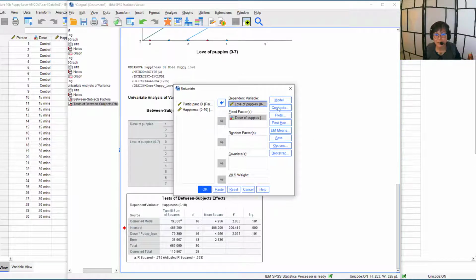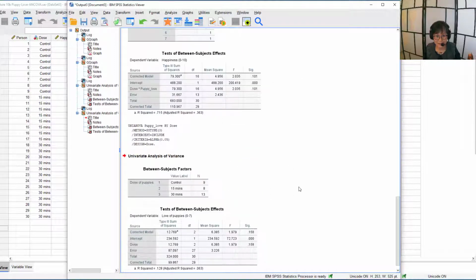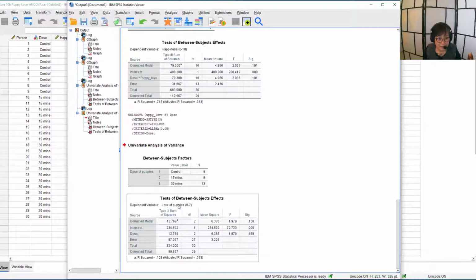So then you don't have anything else here. I just want to look at the group differences for the assumption test. You paste, I say okay, and I am interested in this table. When I looked at the three group differences on love of puppy, which is our covariate, they look not different, right? So that's the way to test